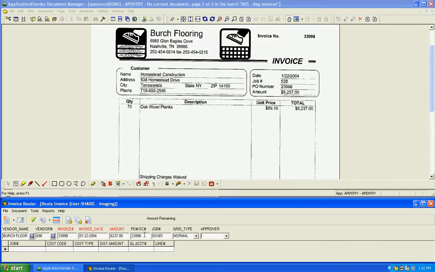If I was to code this information right now, I could using the cost code table that appears, but in this demo, I'm just routing everything out, and the project manager is the person that enters that, but it could be done here. After I have that information, I click the Route Document button,